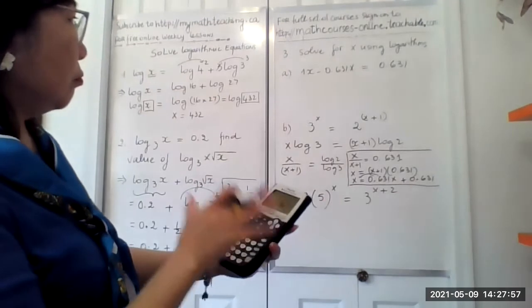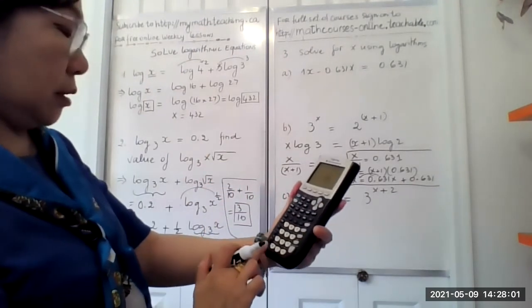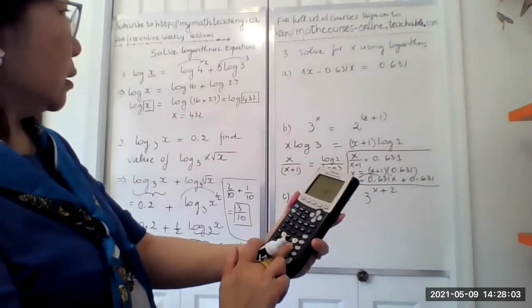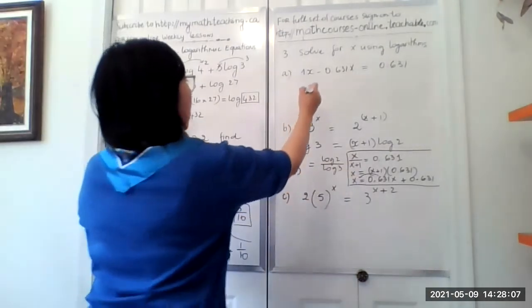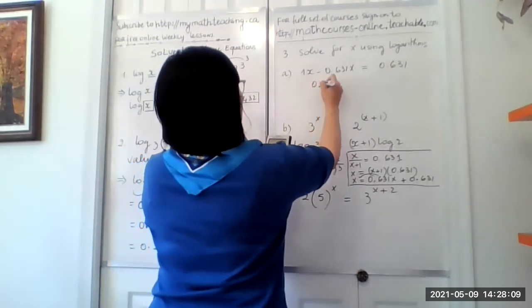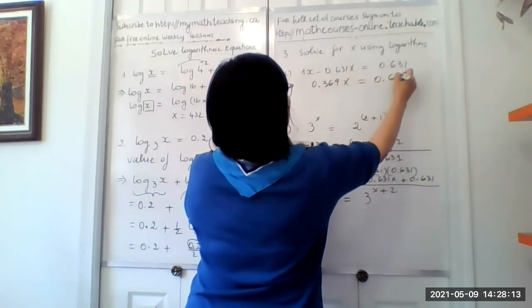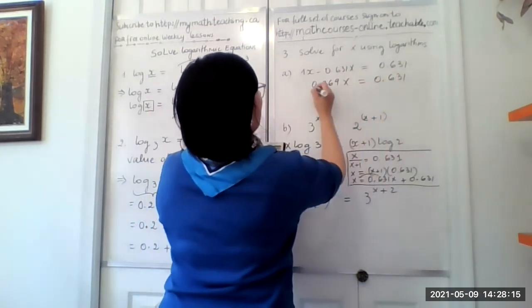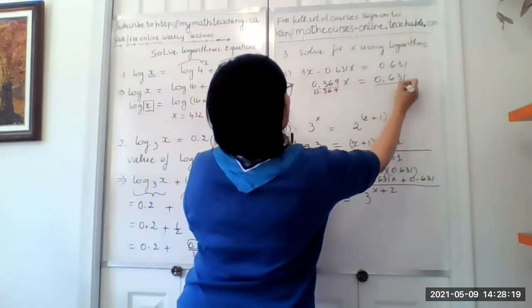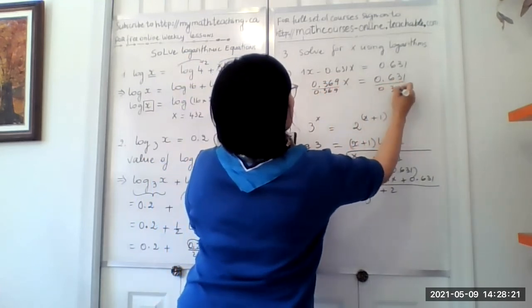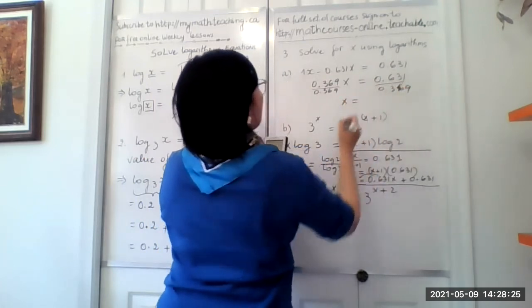So the same like term, right? So we say 1 minus 0.631 will be equal 0.369x equals 0.631. So divide both sides by 0.369. We get the x equal